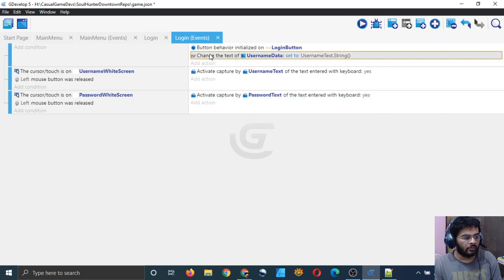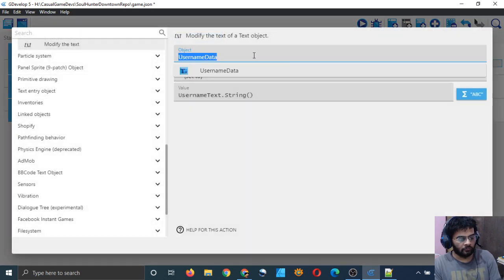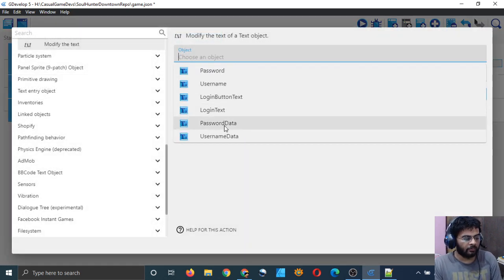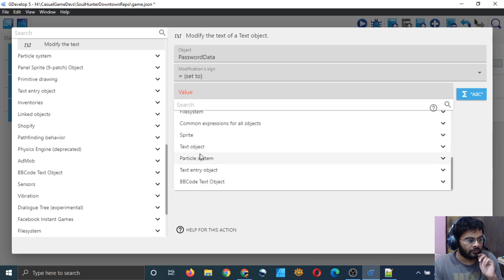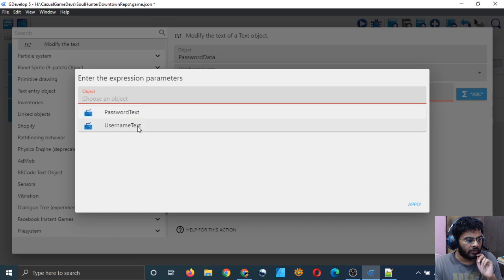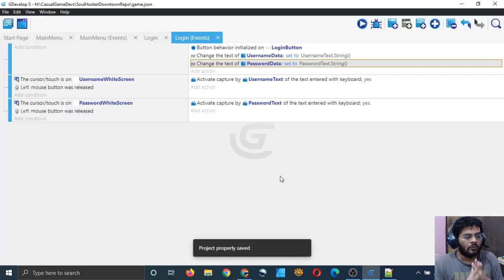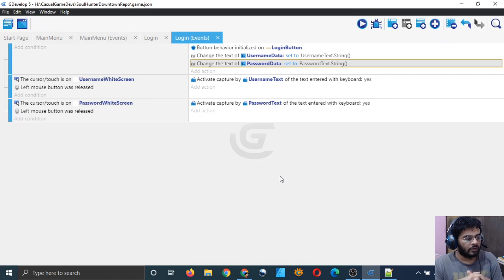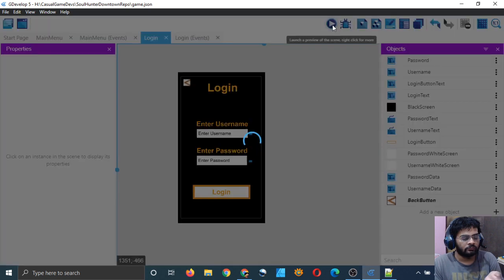And here I will copy this and paste it, and double click on it, and instead of username data I will type password data, and instead of username text string I will choose password text string. Text entry object, text entered with keyboard, and password text. Apply. OK. That's cool. Let's now test it and see if it works.